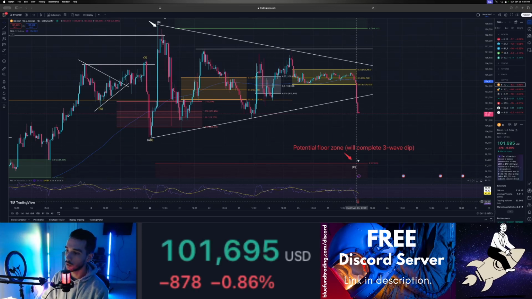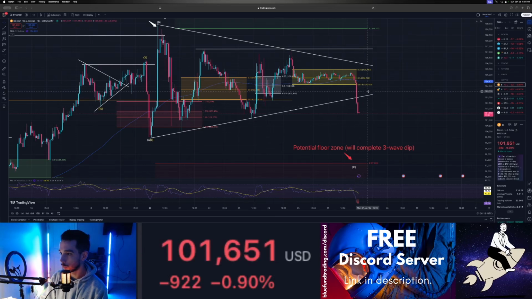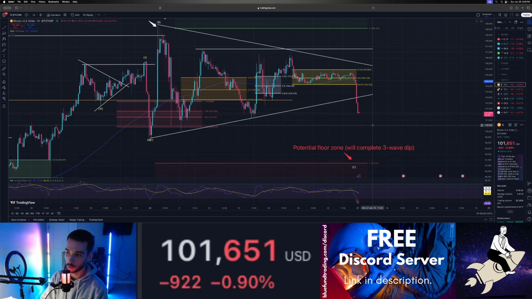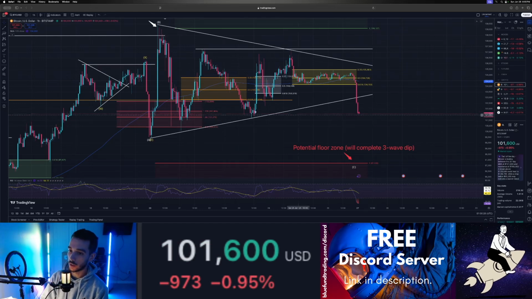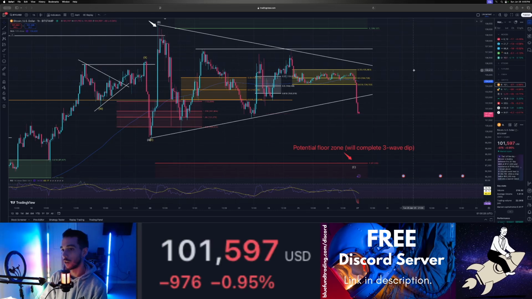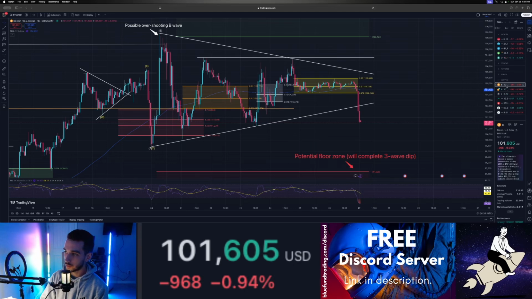So we can see this as we come down, we come back up. I wouldn't be surprised if the price comes up into this imbalance right here, comes up and then gets rejected and comes down a little bit more. Again, this is where patience really matters, and this is why it's very important to be patient and understand what the bigger picture looks like. Again, one more time, I believe this can come down a bit more overnight, leading into market open tomorrow,